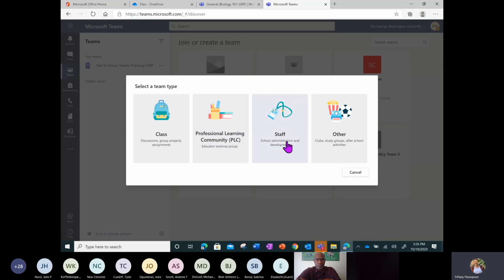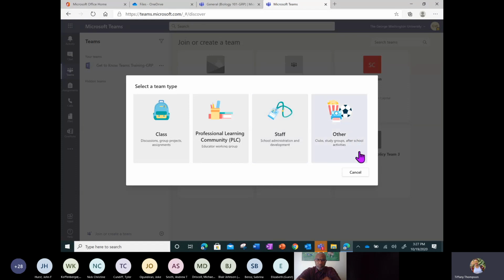A staff team is meant to be used for staff leader to staff member. So think, let's say a provost and all of the deans under the provost, or let's say the manager of the financial aid department and all of the financial aid specialists under her or him. So a staff team is meant to be used when you are supervising a group of individuals, because it comes provisioned with what we call a staff notebook, where you and your staff members can work together and share resources, and you can evaluate them on their performance and share information with them either individually or as a group.